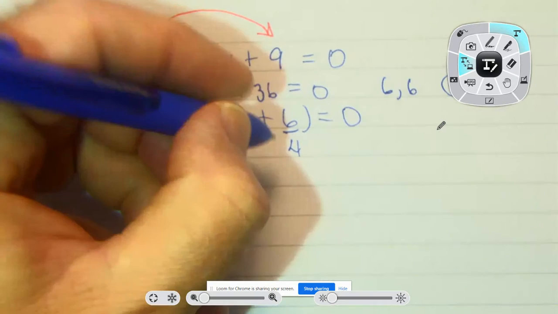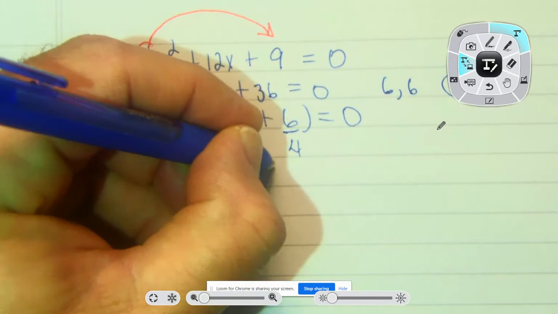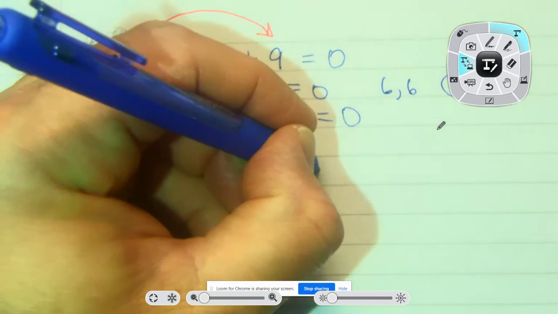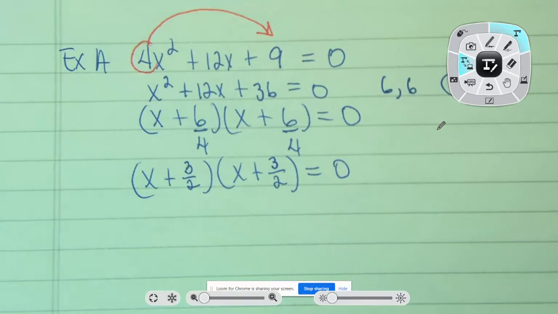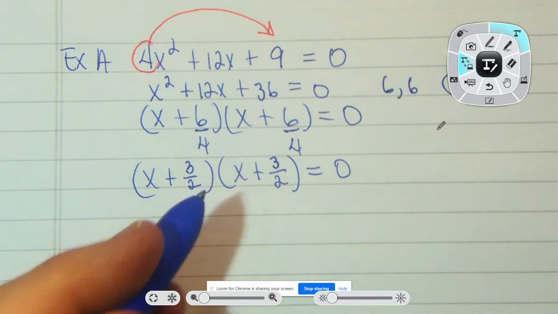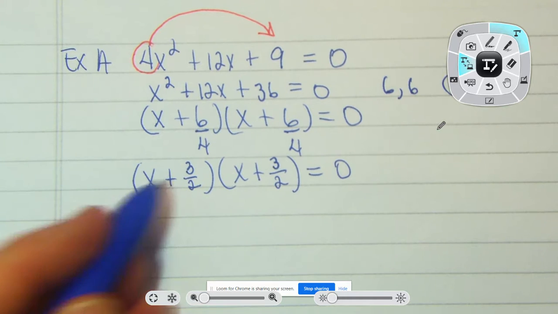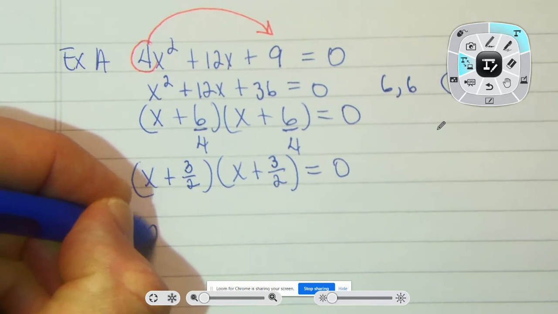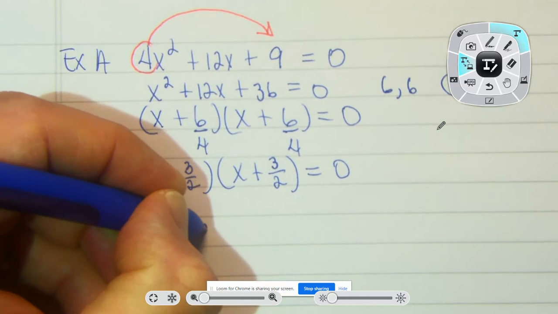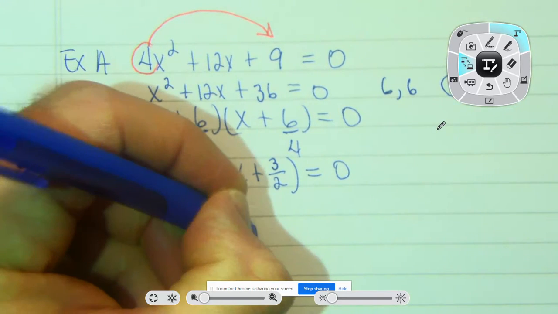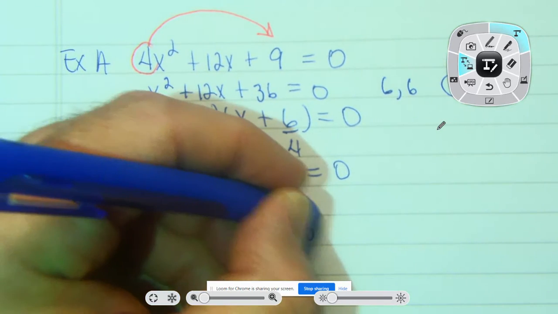They're both even, divide by 2. And now to simplify that binomial out, I'll multiply 3 by 2, and so I can rewrite this as 2x plus 3 times 2x plus 3